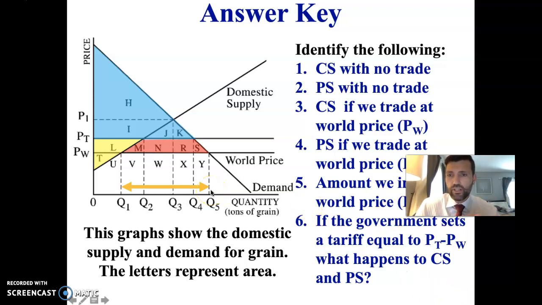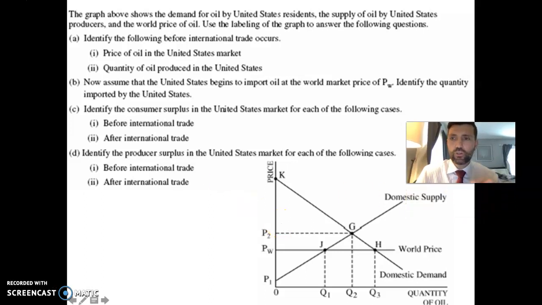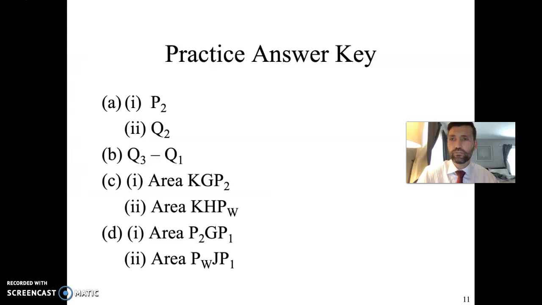And now what I want you to do is do a similar question from a previous year's AP exam on your own. So here's that question. Sorry about the resolution on the question, but you can pause it here to work through this example. Now that you've worked through the example, let me take you through the solution.